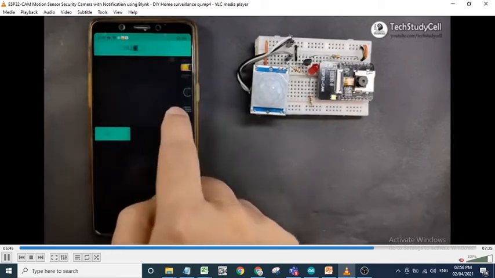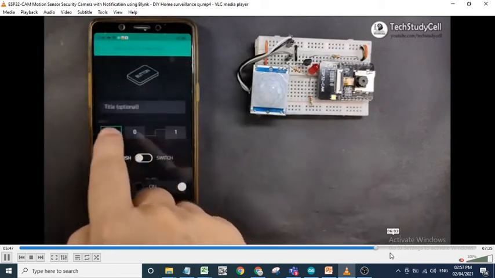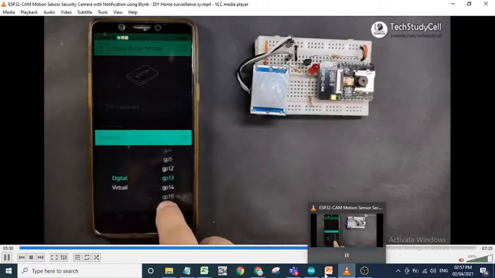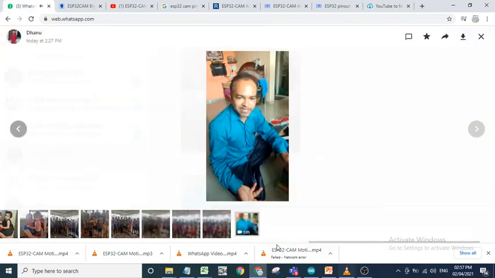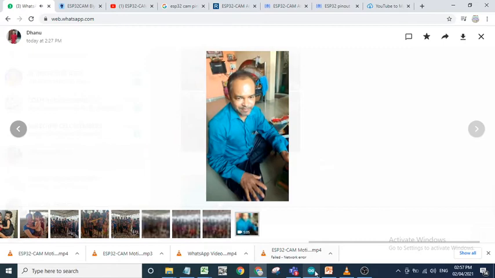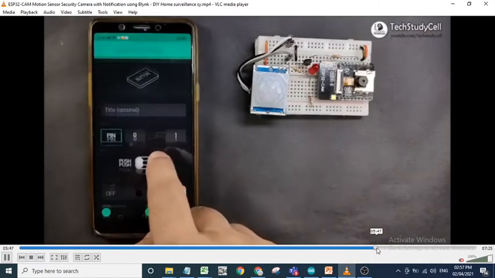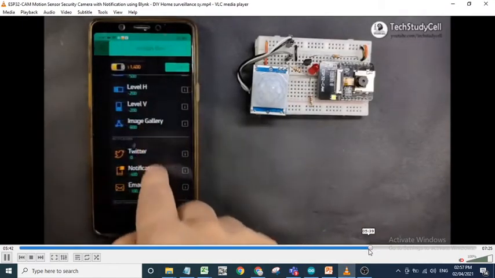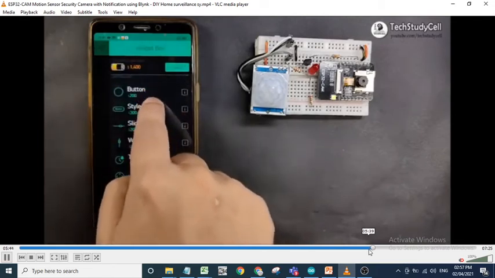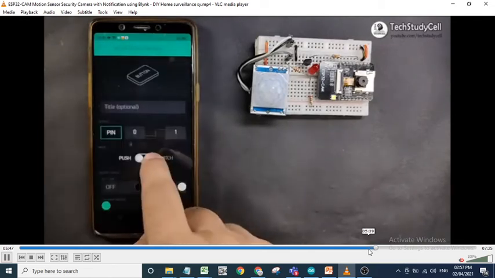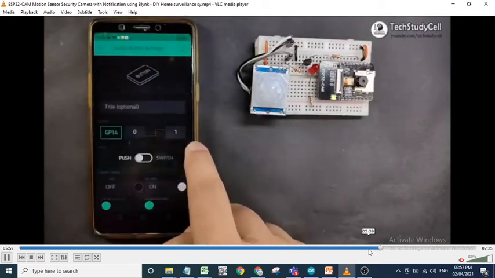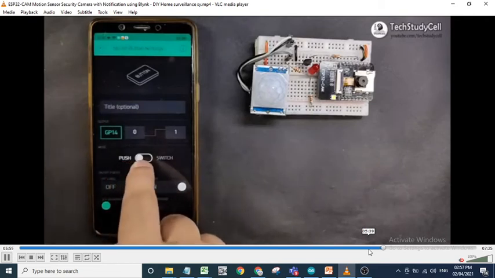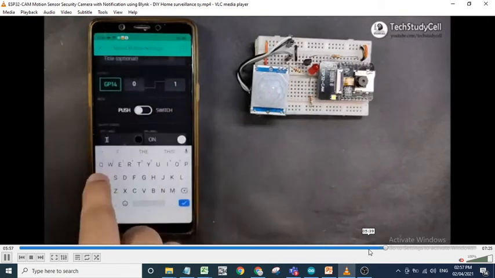Doing my interesting project, motion detected camera, security camera. If any motion is detected, then automatically an image will be captured, and if you want to take extra images, then you can also take the image. So we have to select the styled button. After that, we have to select GPIO 14, and it is a push button, and here you have to set the setting take photo.